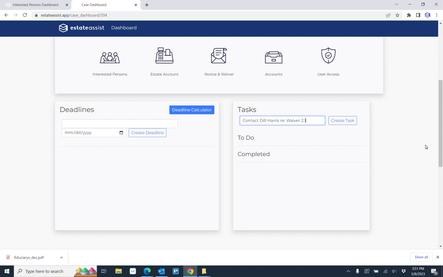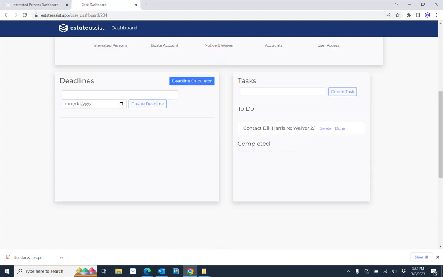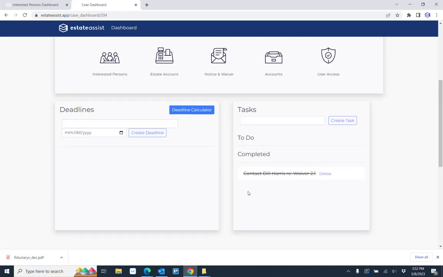so maybe Dill hasn't gotten back to us with his waiver, and so we can go ahead and enter that, create the task, and we now have it down there. We could delete it if for some reason we decided we didn't need to do it any longer, and if it's completed, then we can go ahead and mark done, and now it's going to show up crossed